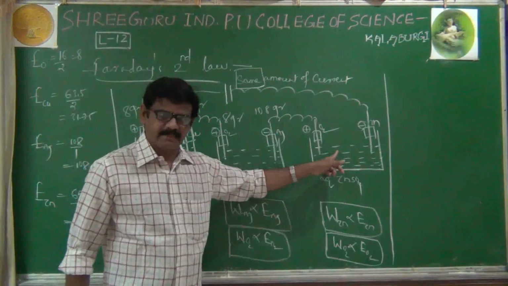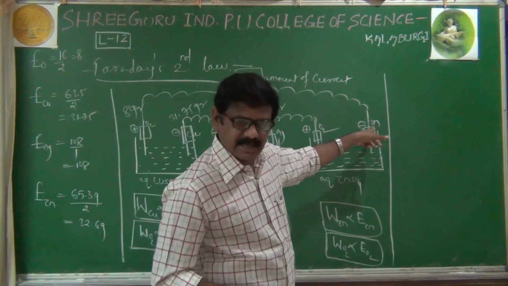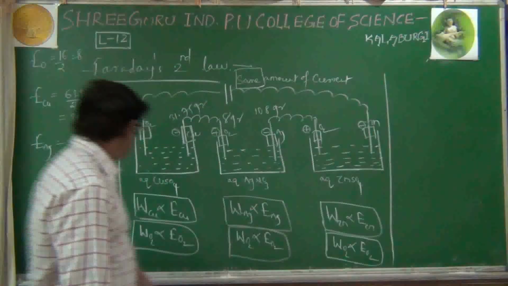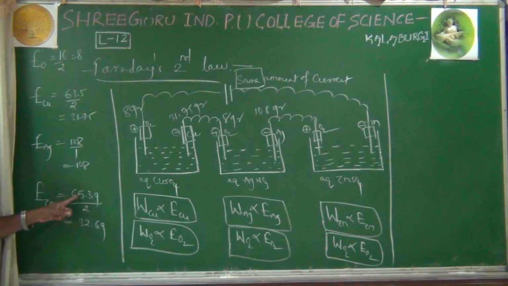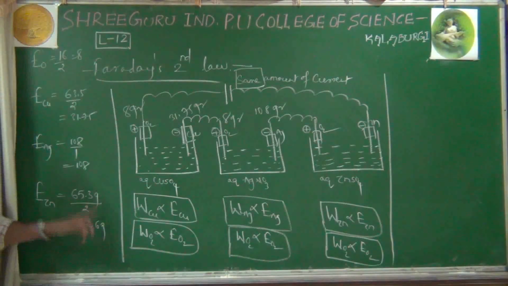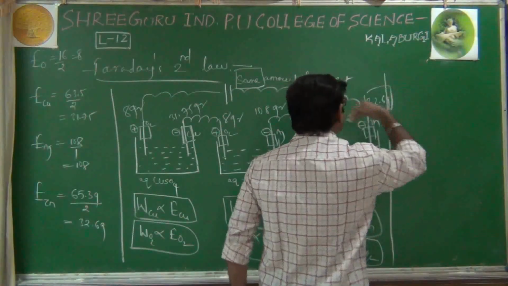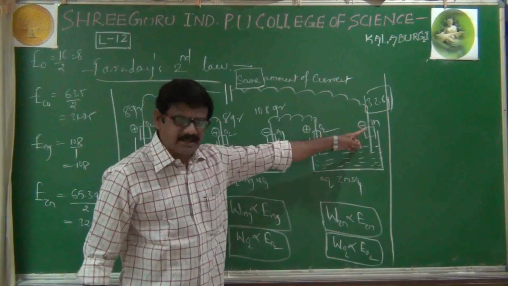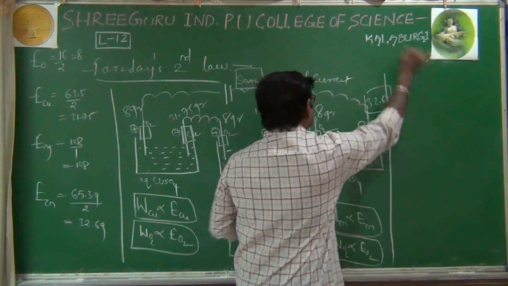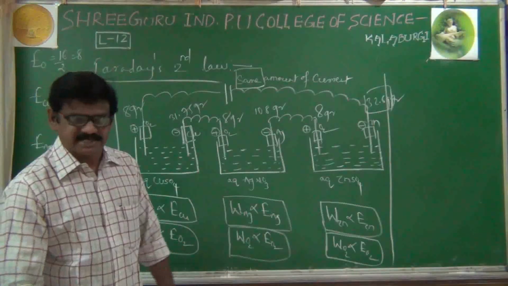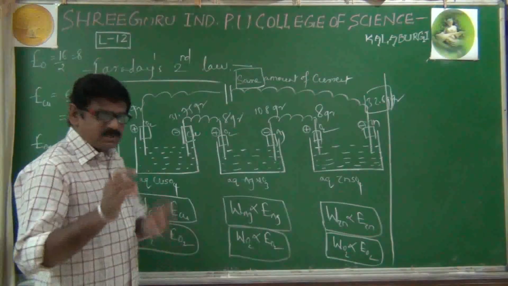Come here to the last cell. At the cathode zinc is depositing. How much zinc is deposited? Again, it is equal to its equivalent mass. The equivalent mass of zinc is atomic mass divided by valency. The atomic mass is 65.39 divided by 2, which is nearly 32.69. So 32.69 grams of zinc is deposited at the cathode, and at the anode again 8 grams of oxygen is liberating. That's it. This is what is called the second law of Faraday. I'll repeat. Here are two things we have to remember.